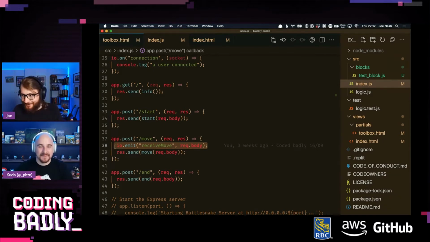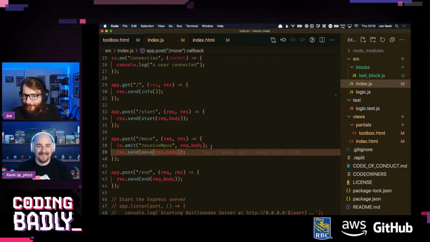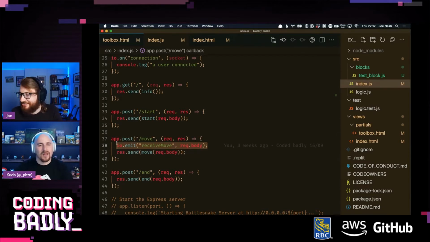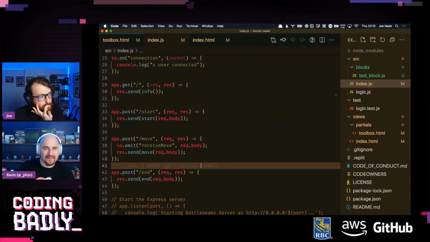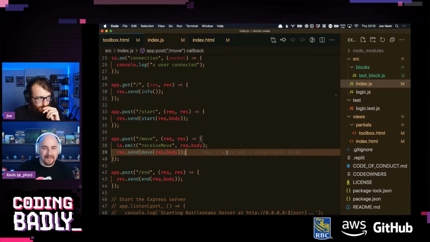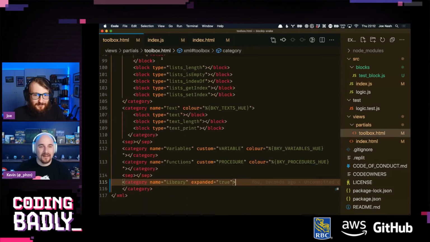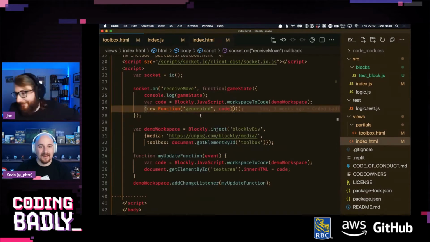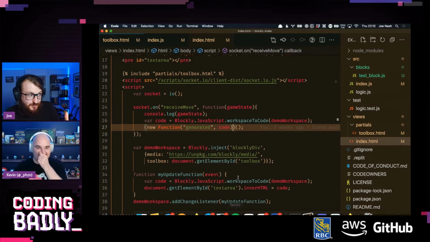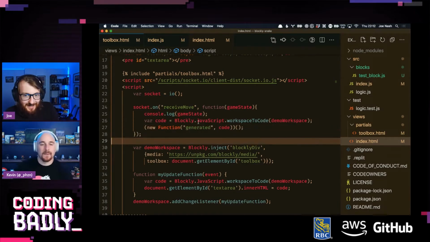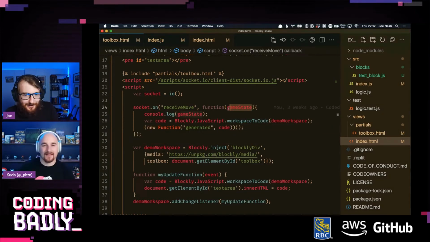So you run this server. You go over to the visual editor. You build your snake, and that code is just being executed. That's just live. Wait, that's your move endpoint? No, it isn't. Is it? It is. Yeah, it is. Did we get to the point where it is executing on the server? We did, because of this stupid hack. I'm still really proud that this works. We're just inserting the JavaScript that's generated on that page, so it gets inserted in this area. So what we did was we had this game state variable.